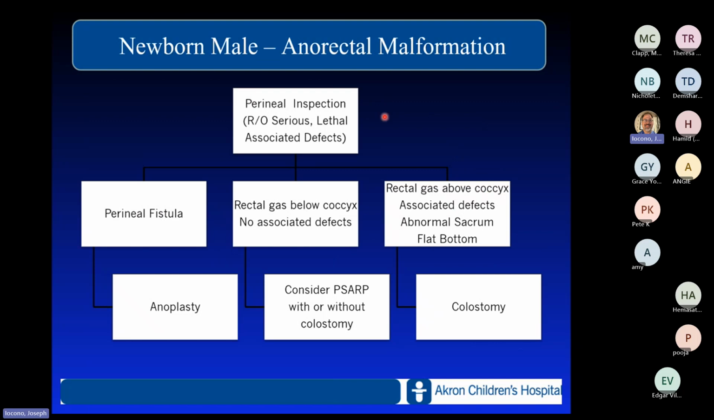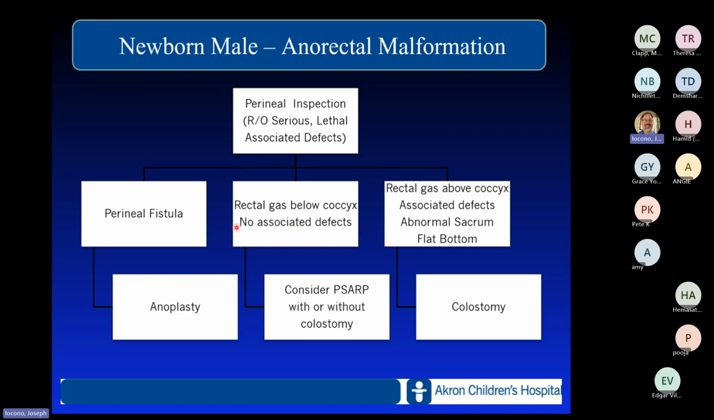So you inspect, you make sure there are no other lethal associated defects, you make sure the whole baby looks okay, and you look for a fistula. If someone picks this up on the first day of life, you actually wait 24 hours and let air go down and see if you can see a fistula developing. If you see a fistula, you can do a minor imperforate anus repair called an anoplasty. But if not,